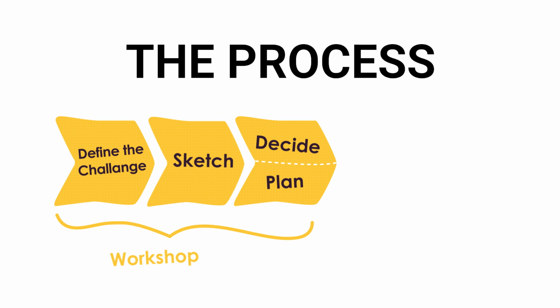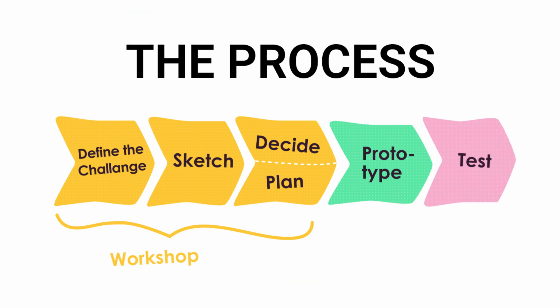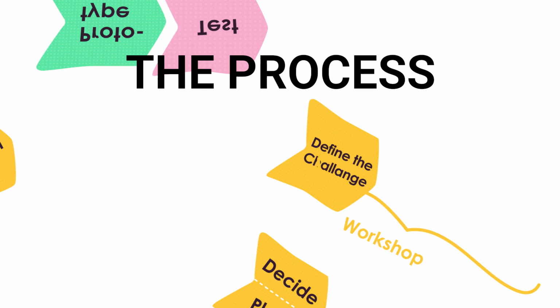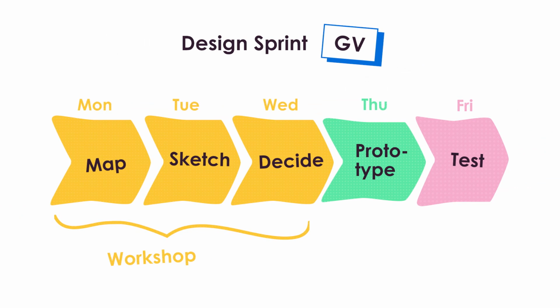The next 2 steps include the prototyping day, which is fully devoted to creating a real-looking prototype. And finally, the last steps are all about user testing and getting actionable results. So basically, you go from nothing, just having a problem, to a tested prototype in about a week. The original sprint, as described in the book, included 5 days and assumed the team are all present in one room for 3 days for workshopping.